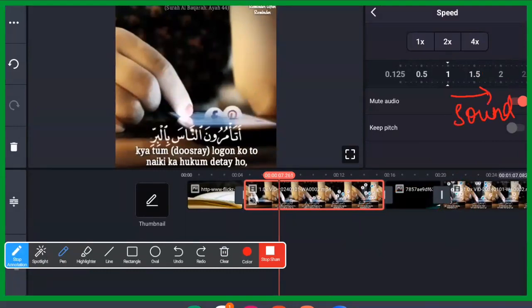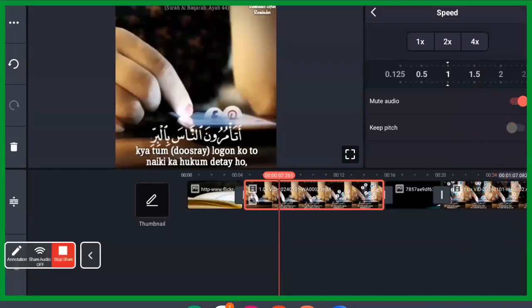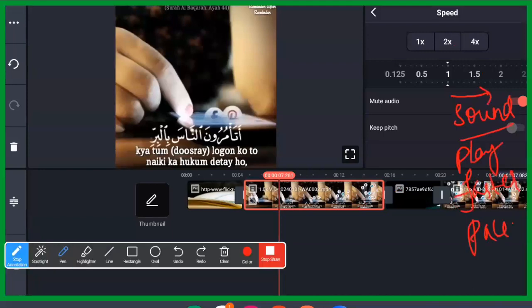be fast, will play fast. Actually, the video will play at a faster pace if you move towards 1.5 to 2.5 and more. Based on your devices, it won't move towards 2 and more, because 2 and more won't be supported by